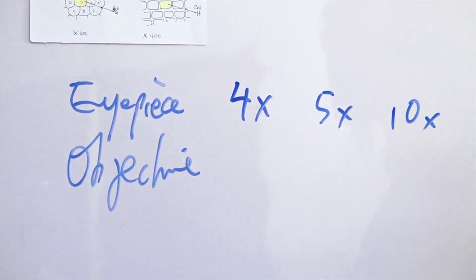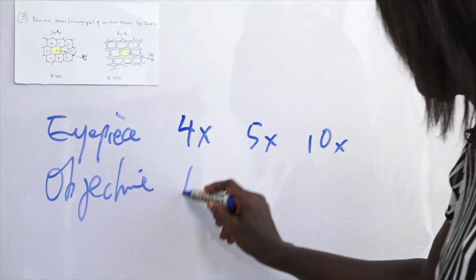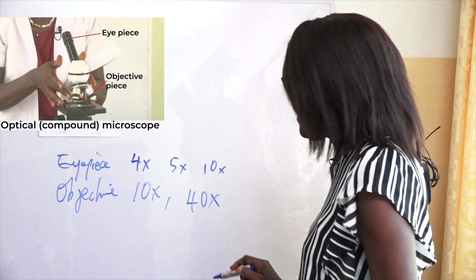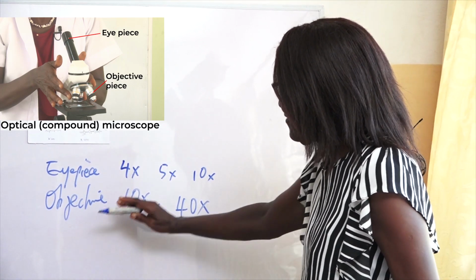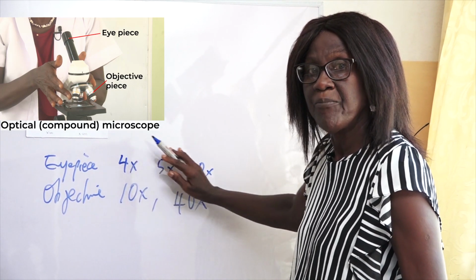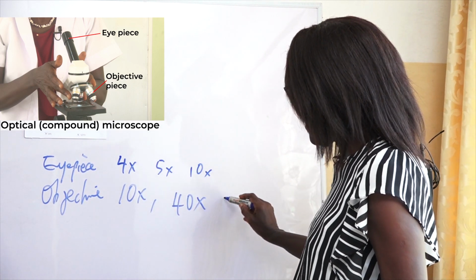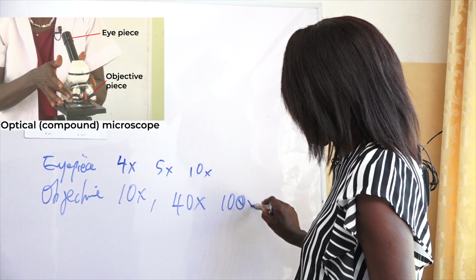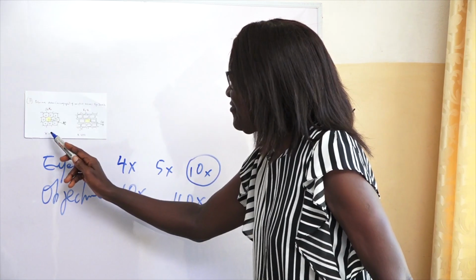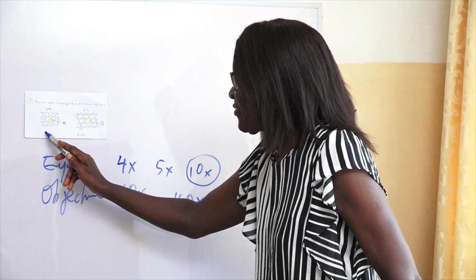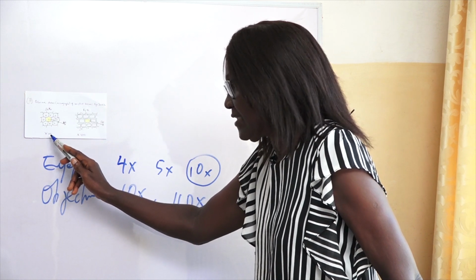The objective lens of optical microscopes, you can have 10 times or 40 times. These are the magnifications that are used in high schools. You can get magnifications that are more like 100 times. If this had a magnification of times 400,